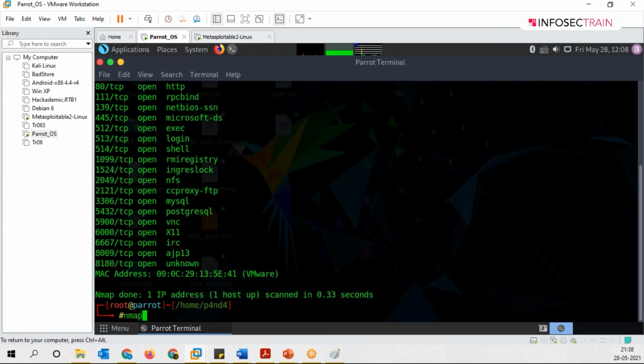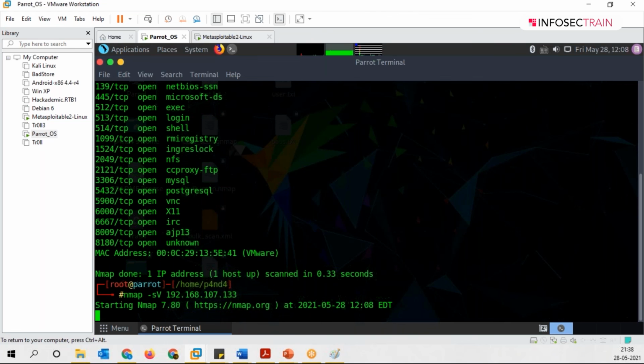We can also use the nmap command for that. For that, we have to just write nmap -sV with capital V. It will be giving you the service version, and I just have to mention the IP of my Metasploitable machine. If I hit enter now, it will be giving me the versions as well. You will just see the difference. Let it take its time processing, because scripts are running to gather more information, to gather the versions of these open ports.